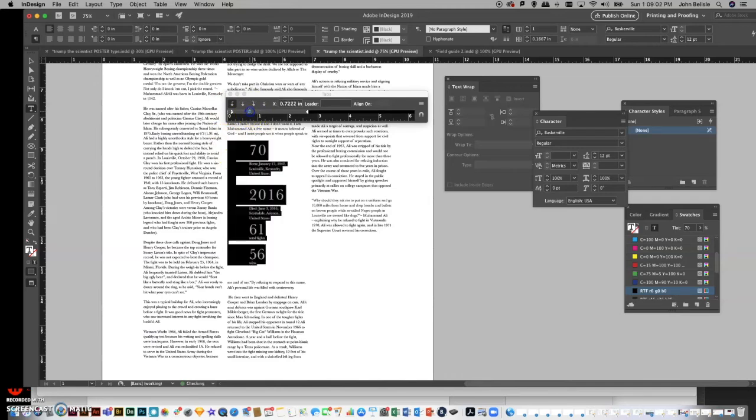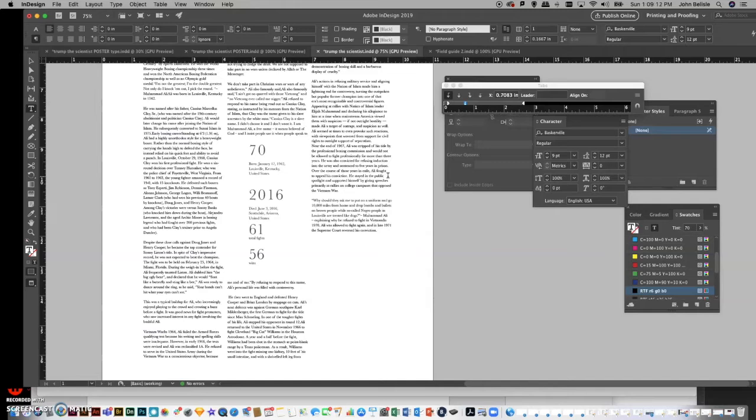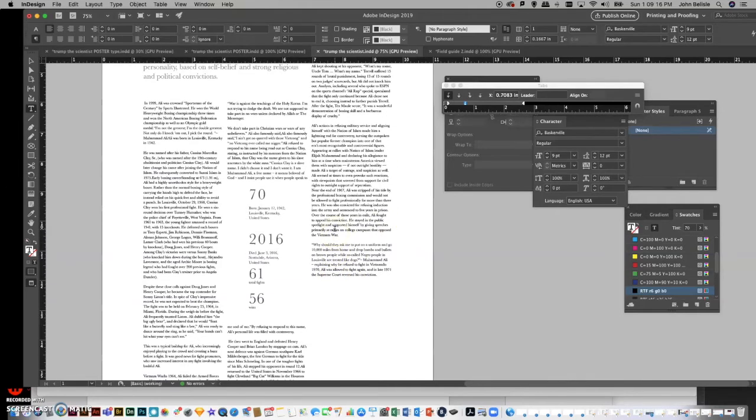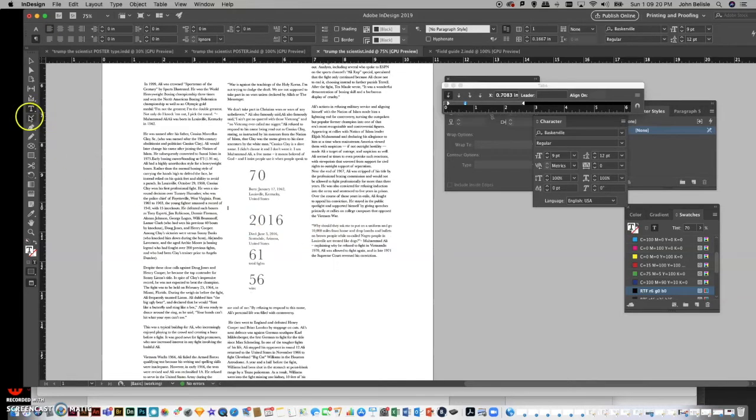So you just move the tab and it will move the text. And that's nice for doing things like charts and whenever you have a bunch of these. So there I'm sort of lining everything up set left. In this case, I am going to use a system of really small sort of